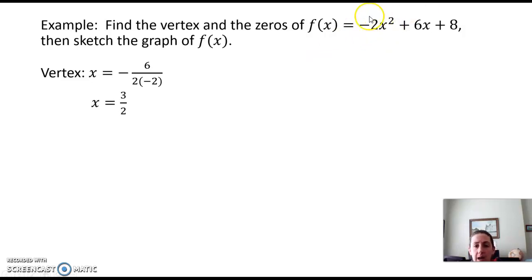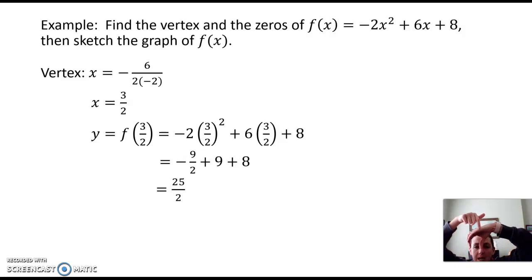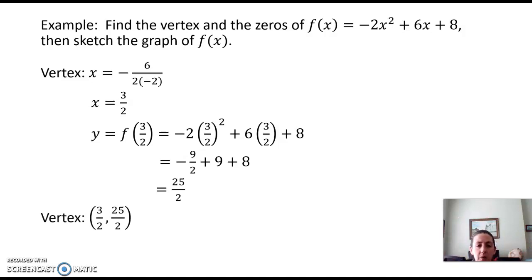Now what do we know? A is negative, so this is going to be a frowny face parabola, so we're looking for this maximum point up here. It's going to happen when x equals 3/2. When we plug 3/2 into the original function, we'll get our y value, which is going to be 25/2. So this point right here, this vertex, the maximum point on this frowny face parabola is the ordered pair 3/2,